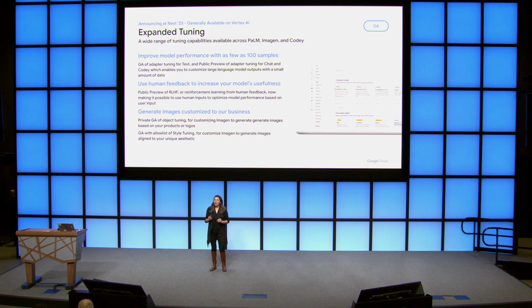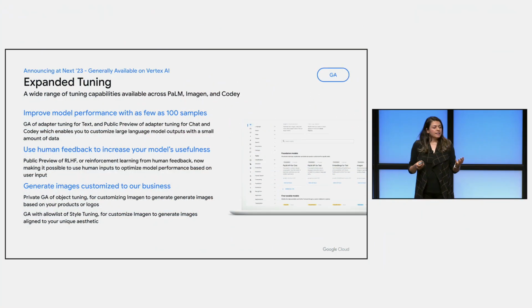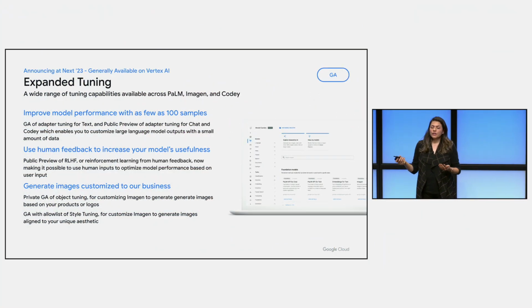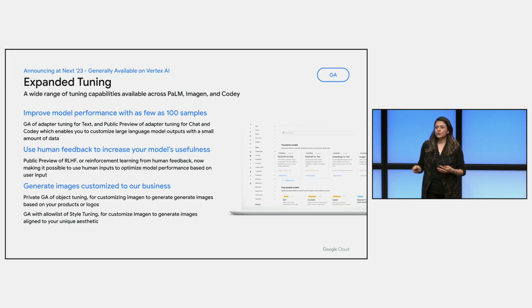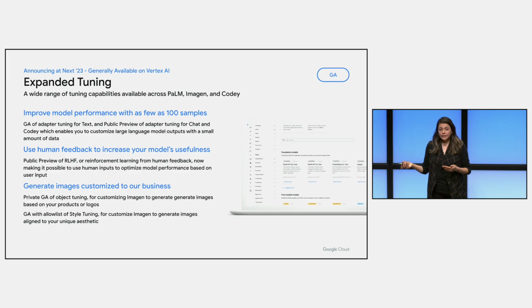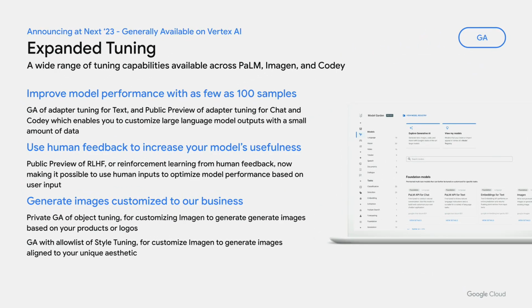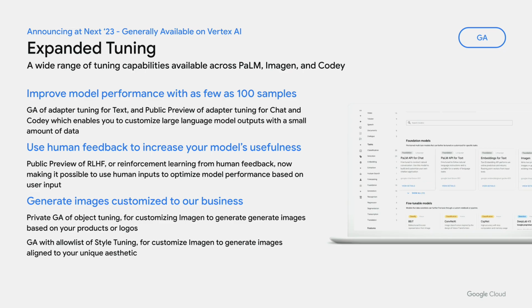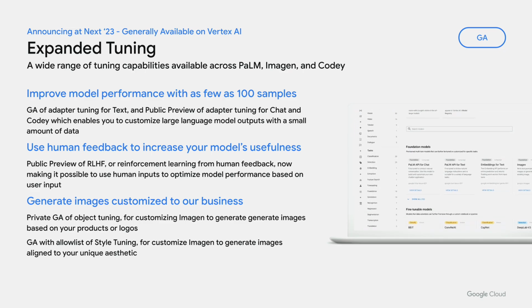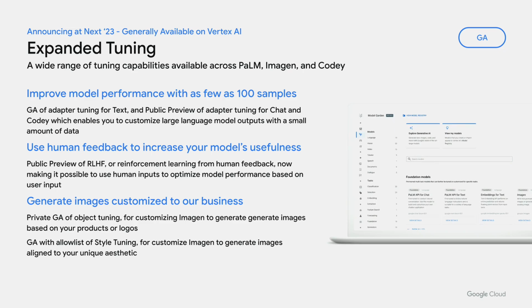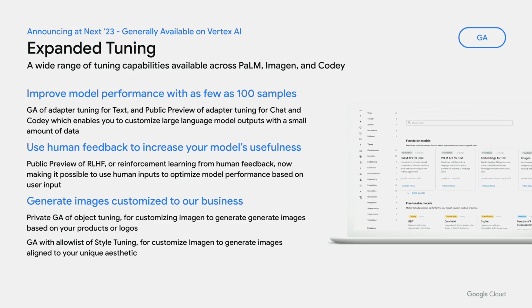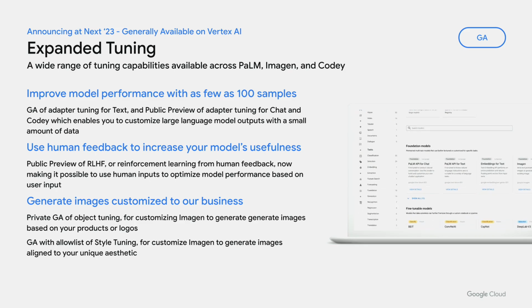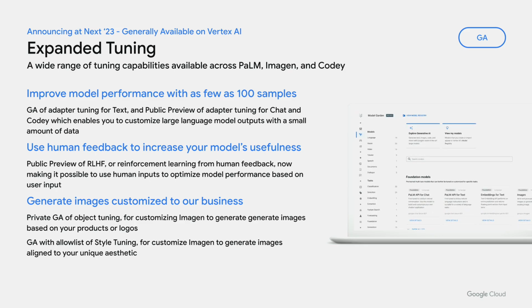Tuning is just a way for you to provide examples of input and output and tell the model to learn from that behavior and be able to better answer your questions. And this is critical. You have probably heard of different types of tuning: prompt-efficient tuning, adapter tuning, full fine-tuning. But there are also other kinds of tuning that are really popular nowadays because of data. If I want to differentiate LLMs and this whole GenAI from the classical ML that you might be familiar with, back then we had to start with a data set first. We had to have data to evaluate. We had to have data to train.